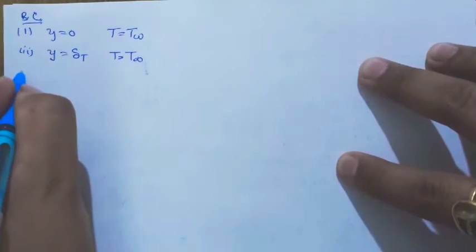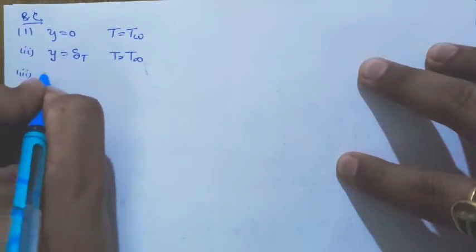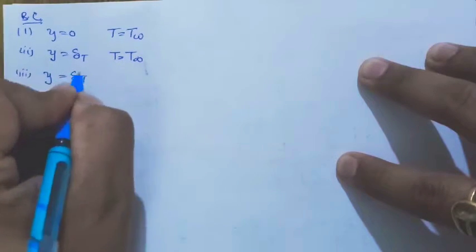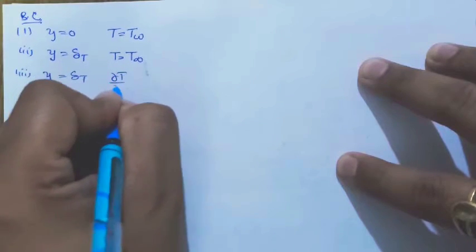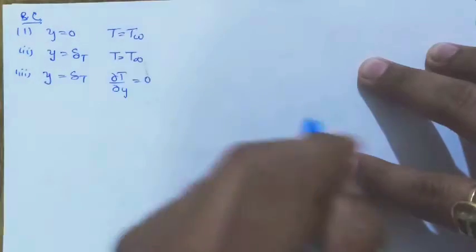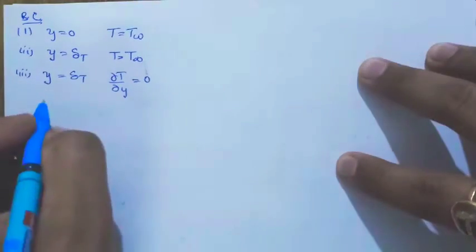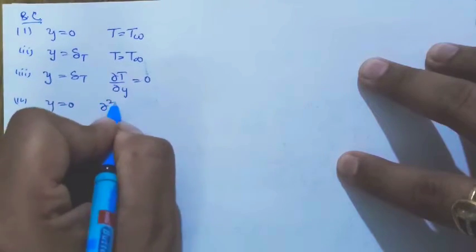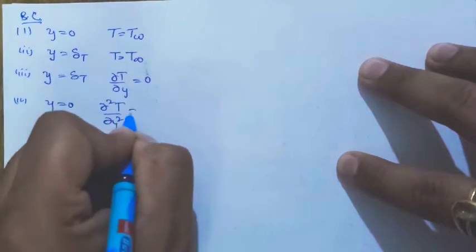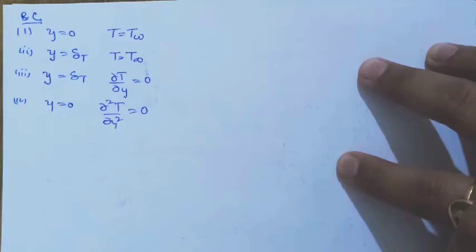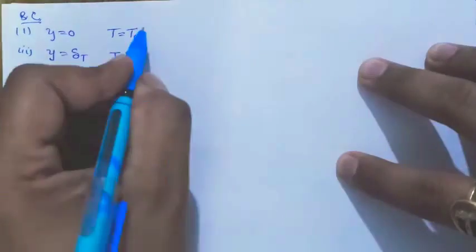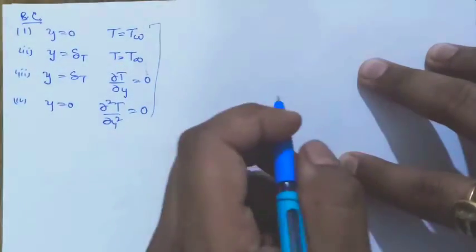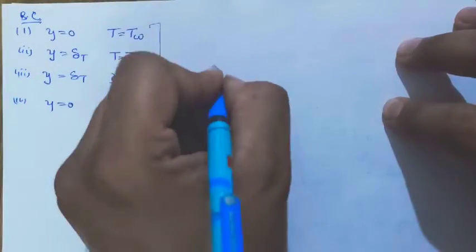And third condition, at y equal to delta T, there is no change in this at the thermal boundary layer. And the fourth one, at y equal to 0, will be 0, right? So by taking these 4 boundary conditions and the same equation as